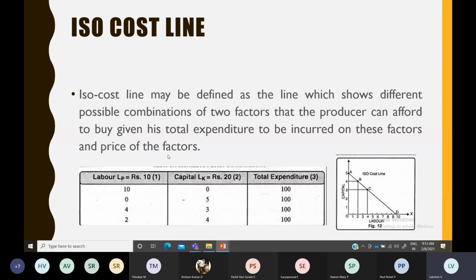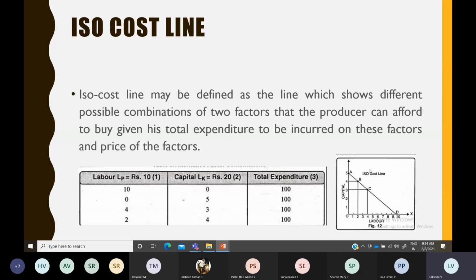So whatever might be the mix, labor more or capital less, or labor less and capital more, whatever might be the combination of two factors, the total expenditure or cost he spends is going to remain constant, because he cannot spend more than that. So that is like the budget constraint here also. With this input cost only he can produce the output. So this is the combination A, B, C, D, or the combination of various factors with which he is going to spend, and his expenditure is going to remain the same throughout.